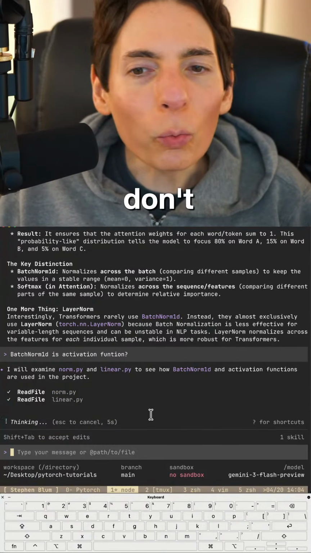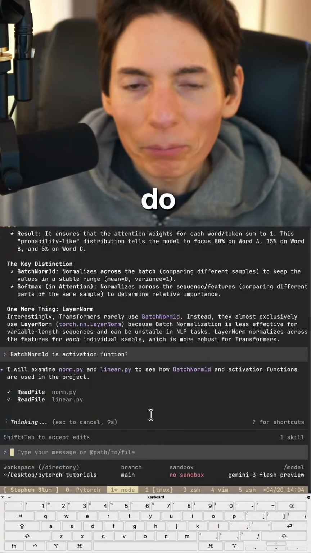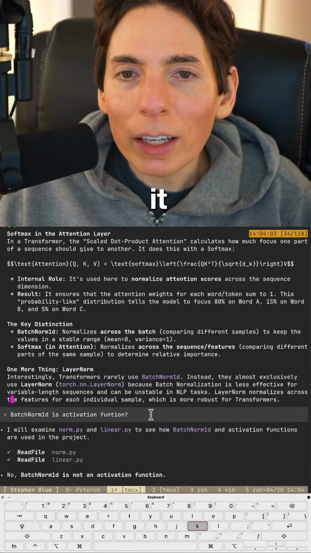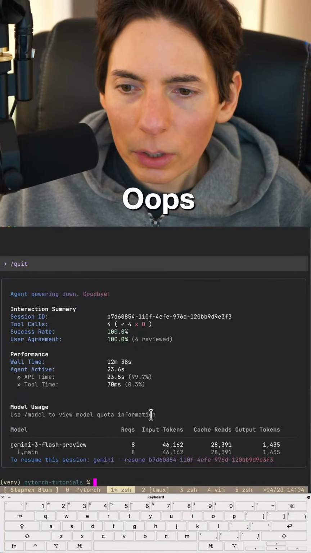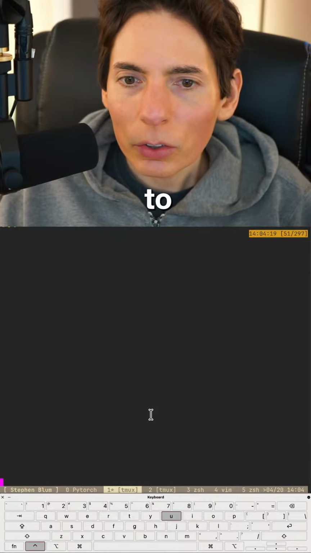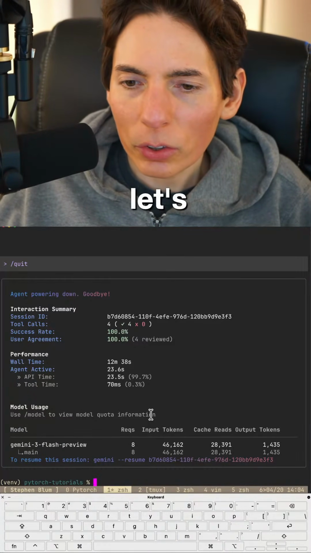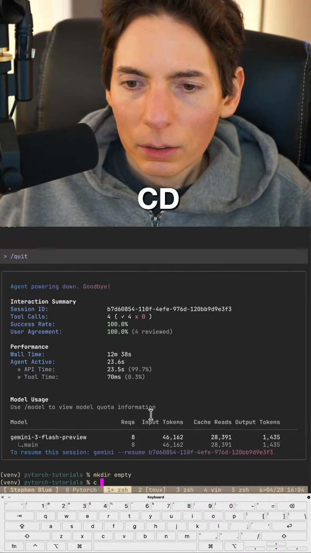No, don't read any files. I just need to run this in an empty directory. It says no. Hold on. Oops, did I close that? I didn't mean to. Is it gone? Oh, it's gone. All right, so mkdir empty, cd empty,